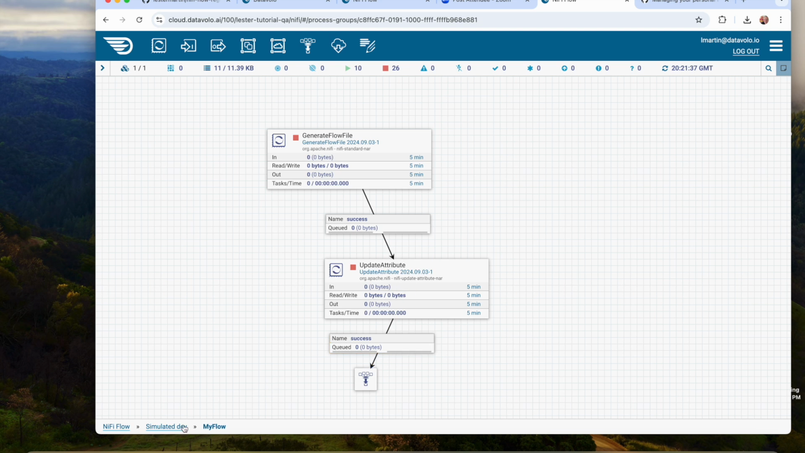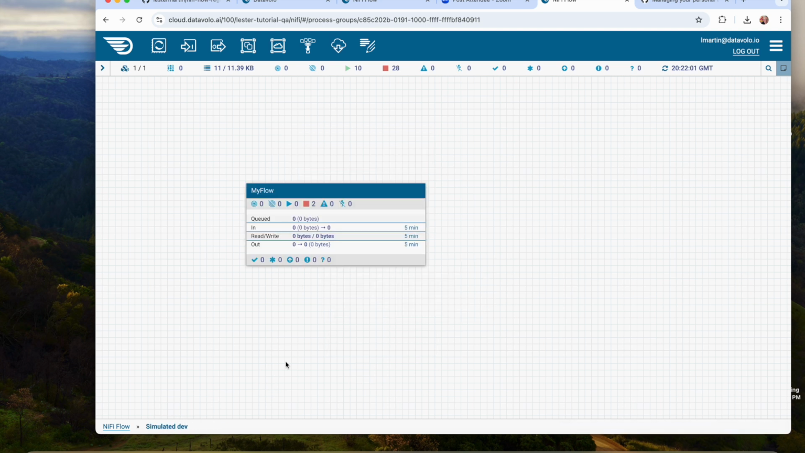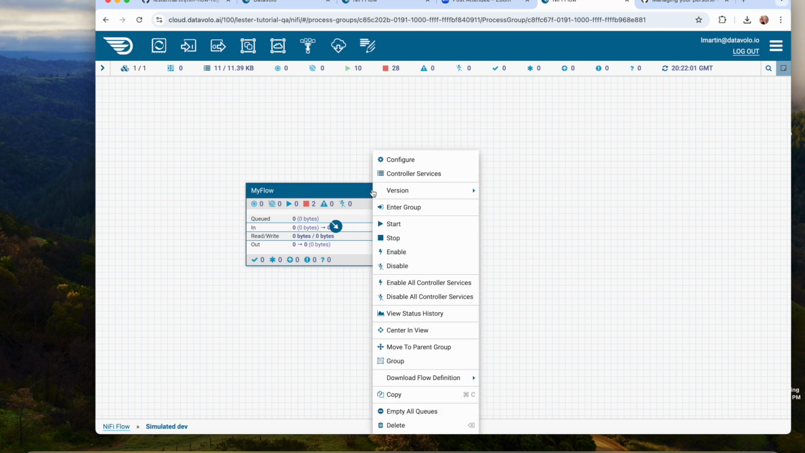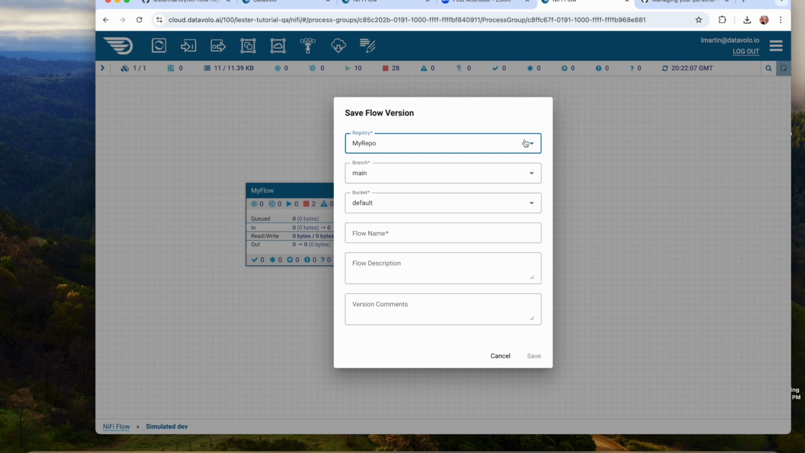I'm going to go back up to my simulated dev environment, and now I'm going to bring this flow under version control. Under versioning, right there in that context menu, I've got a start version control, as it might make some sense. So we launch that. There's the one repo that I have already set up. We're going to commit it to main. Sounds good. There's that bucket, and we'll see these more in an advanced tutorial,